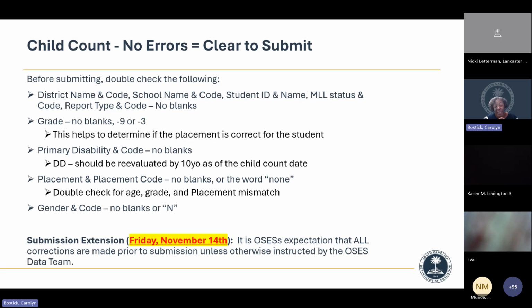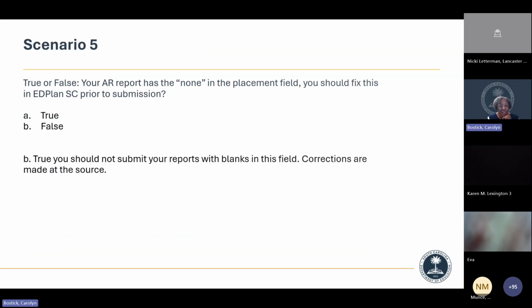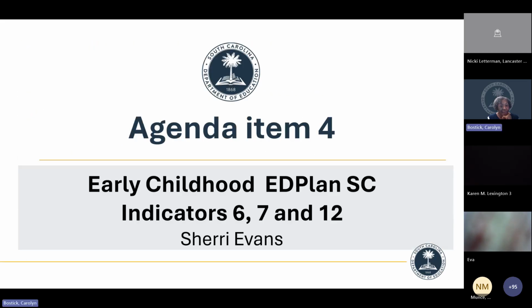Double check the child's age as of the child count date. So you want to look at the age and grade level to determine the appropriate placement code. And the gender, we should not have blanks or an N. Those are not valid. Once again, just a reminder that the submission is extended to the 14th of February.